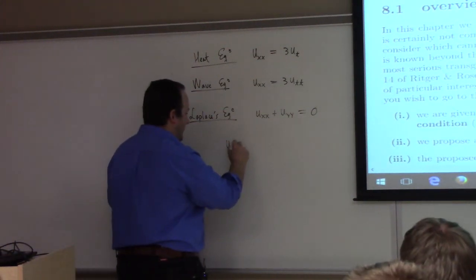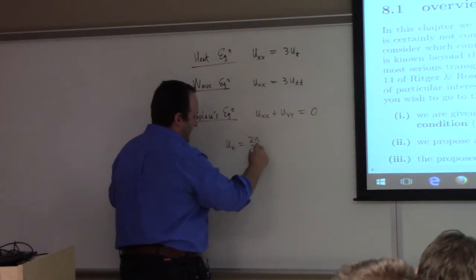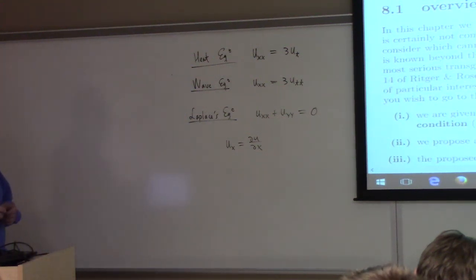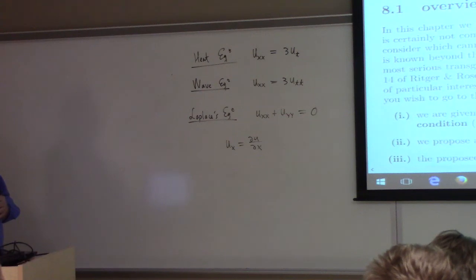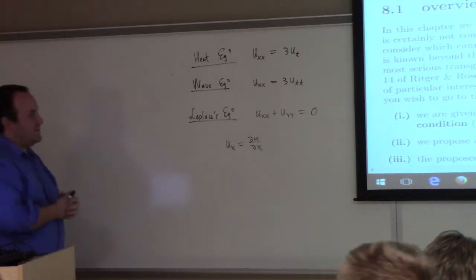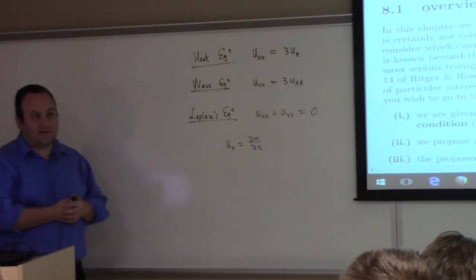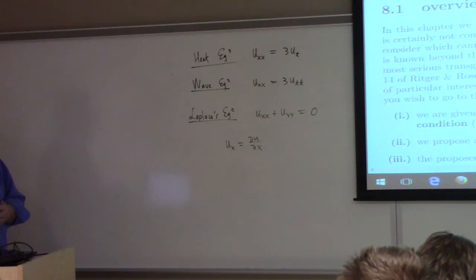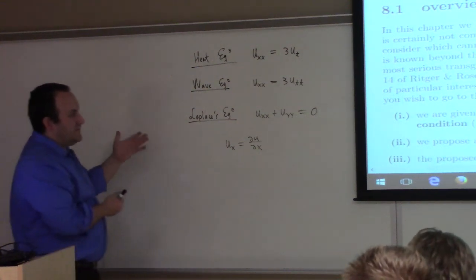The notation ux means partial u partial x, and uxx would be the second partial derivative with respect to x, and so forth. And we're going to solve these partial differential equations subject to what are called boundary conditions, all right? It's kind of an interesting story. The start of this story is we need to learn how to solve what are called boundary value problems,